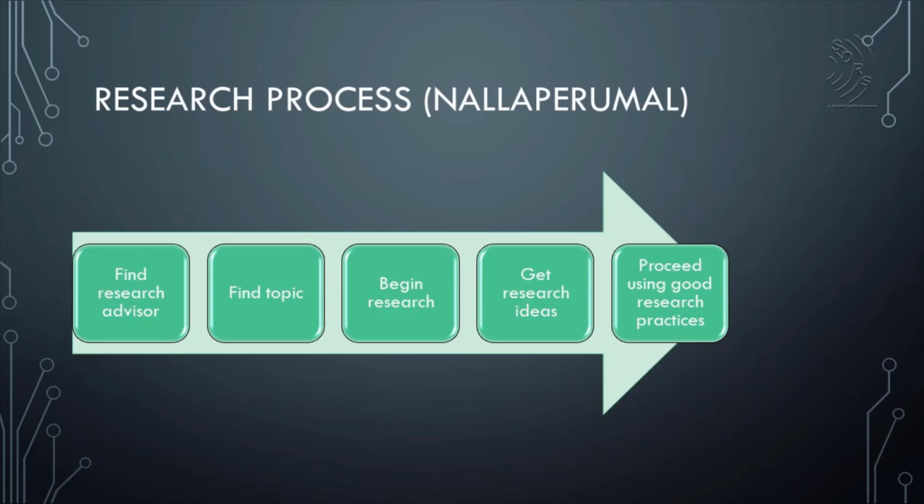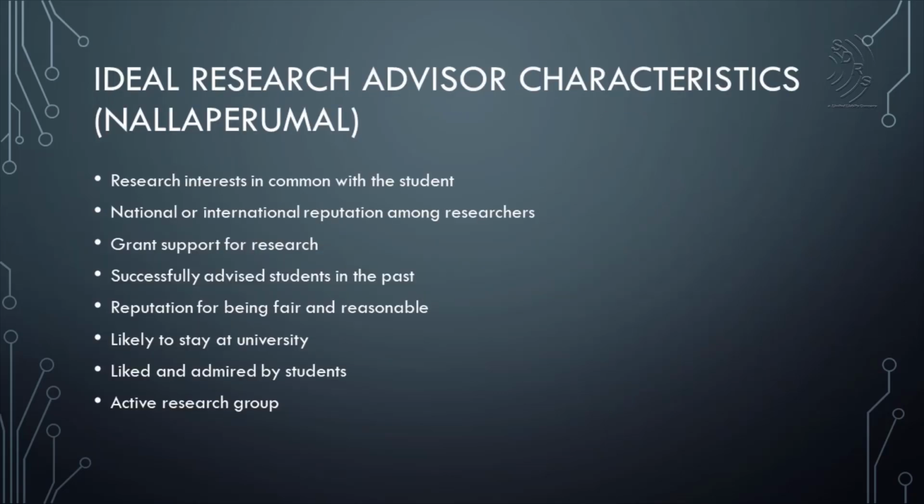This is a diagram of the research process in the context of graduate school, where you would find a research advisor, a topic, begin the research, get ideas, more specific ideas for the research, and proceed using good research practices. Now, there's certainly a lot more detail that goes into a successful thesis or dissertation, but this is the general process. And from the same source, we have some thoughts on ideal characteristics of a research advisor, and these include